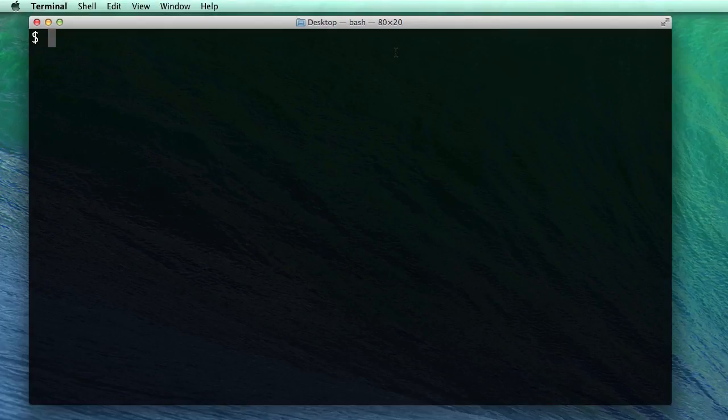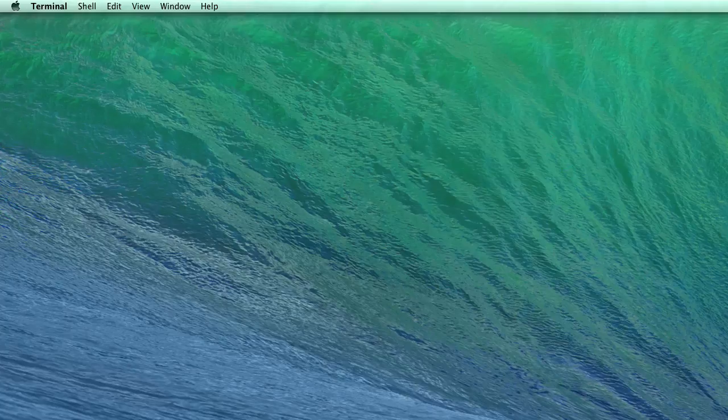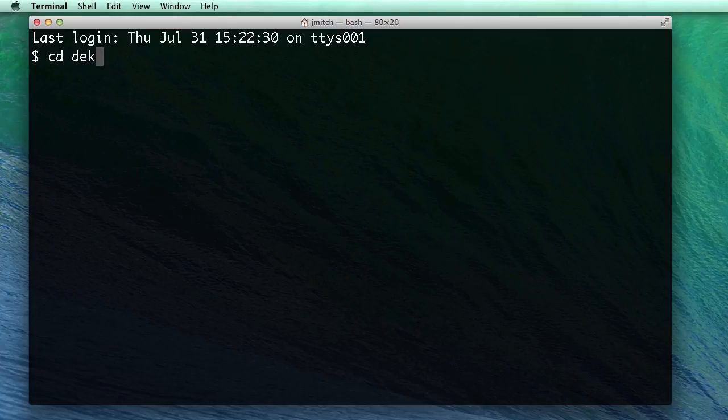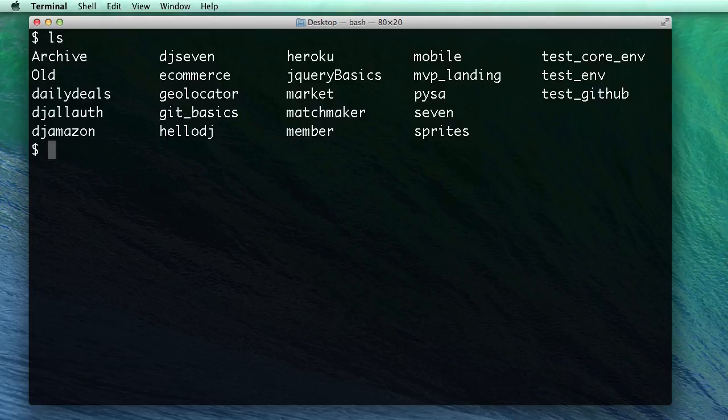I navigated on my terminal. Either if you're on a Mac or a Linux, you'll be using terminal. If you're on a Windows, you're using command prompt. I navigated into my desktop, so CD desktop. If you first open it up, I'll actually close it and just do CD desktop to show you. So now that I'm on my desktop, it's noted up here,